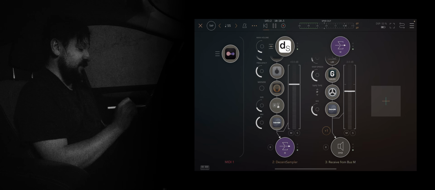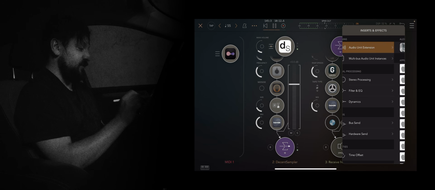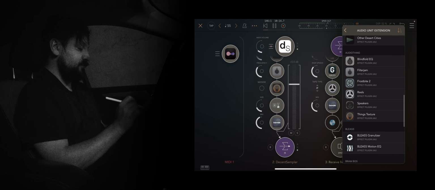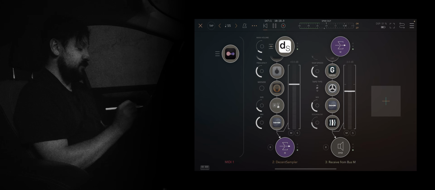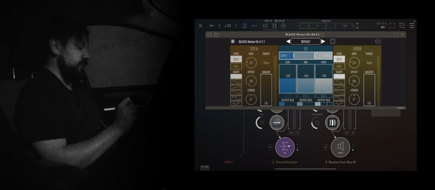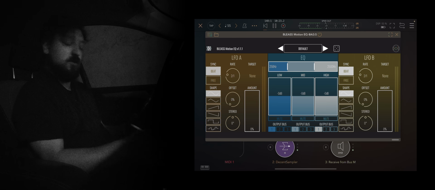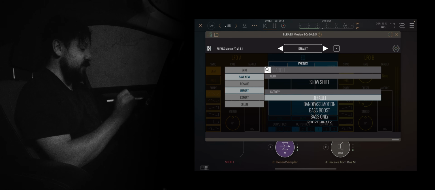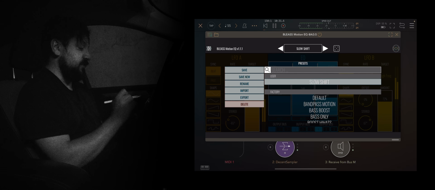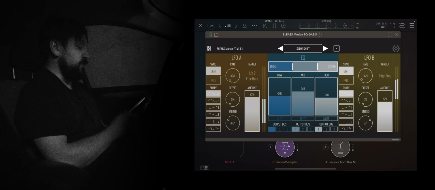The last thing that I like to do is just add this EQ. It's the BLEASS Motion EQ. This is a really cool EQ. You can just use it as a normal EQ, or it's got LFOs that you can assign to different parameters that will kind of give it a little bit of movement. So I have one in here that I've saved called Slow Shift. This puts an LFO on the high frequency, and